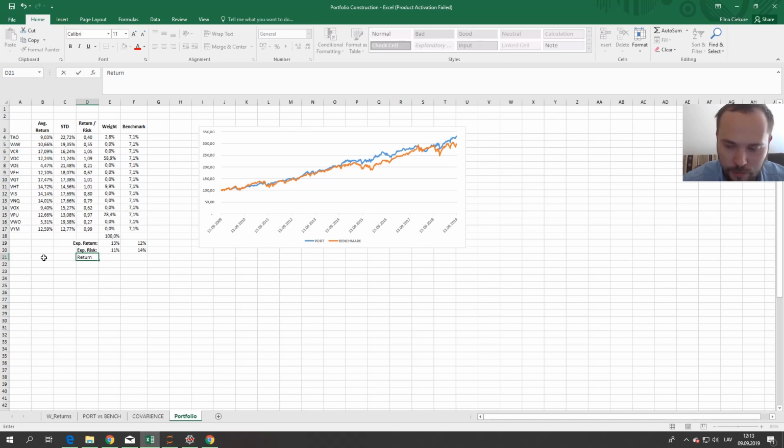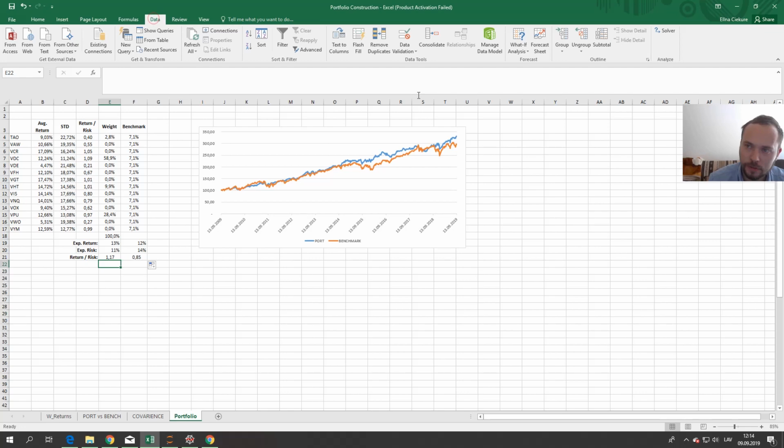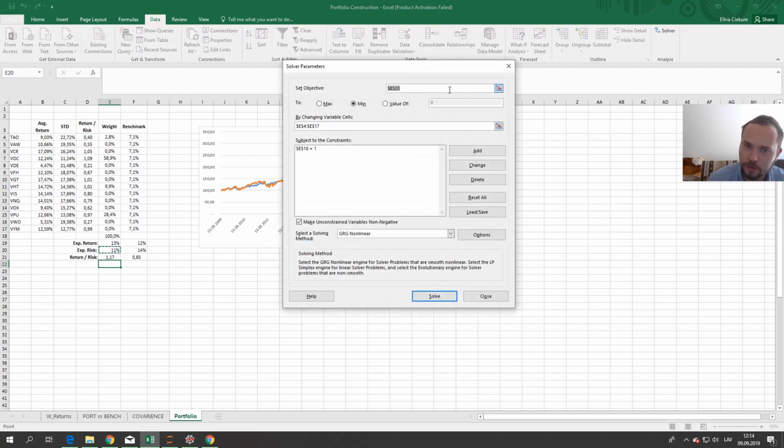Okay, but another thing that people usually do here, even though I would not suggest this, is return to risk again, or you can call it Sharpe ratio if you want to, pronounce it as you want. But this is not the Sharpe ratio anyway. This is just the return divided by risk ratio. Also return to risk. So how much you pay for each unit of risk you take, and well, normally if you have a solid